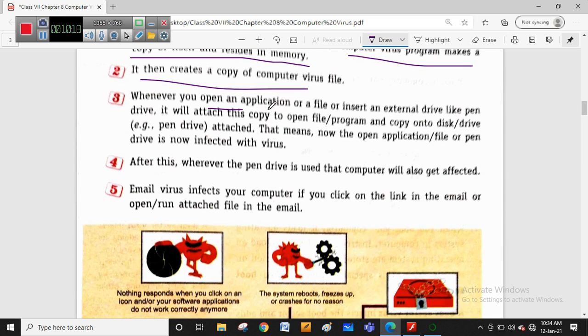So whenever you open an application or file or insert an external drive like a pen drive, it will attach this copy. Whenever you insert an external hard disk or external pen drive, or open any file, this virus file will also be copied along with the file or program which you are copying onto that particular disk. That means the application file on your pen drive is now infected with the virus. Once the virus has replicated and been stored in your computer's memory,